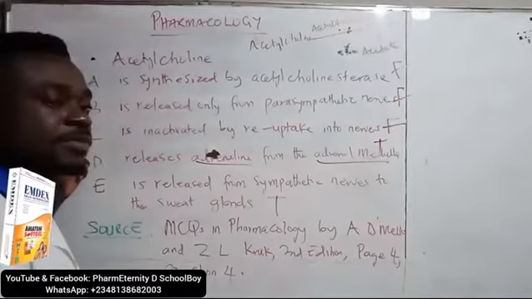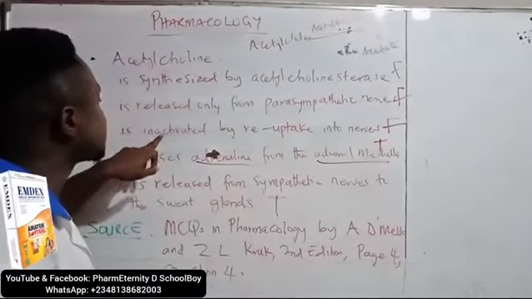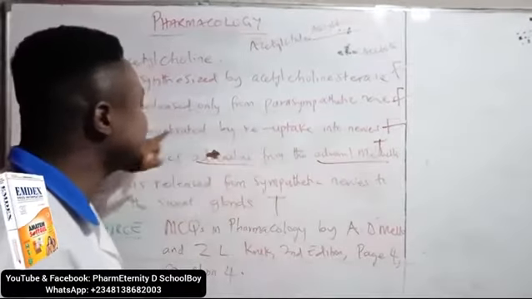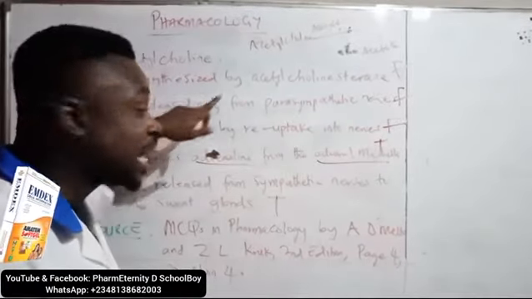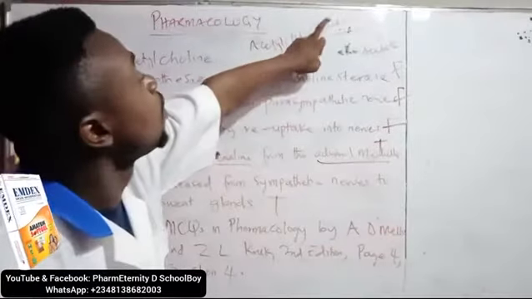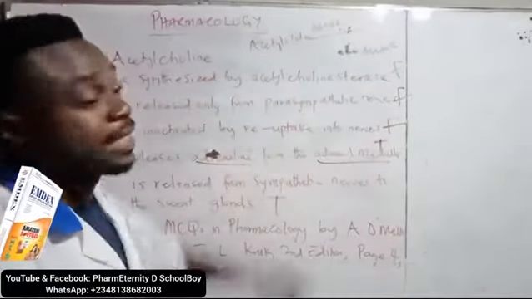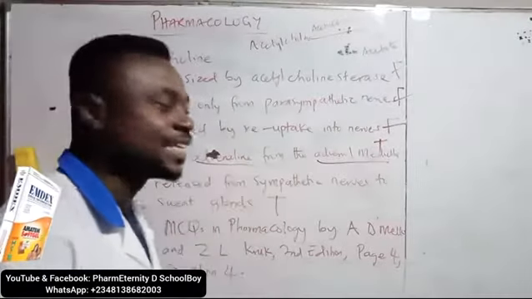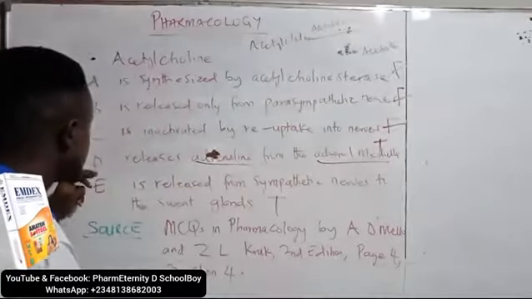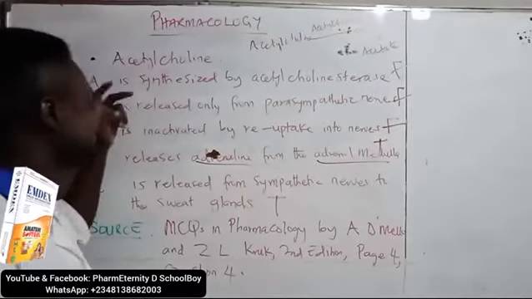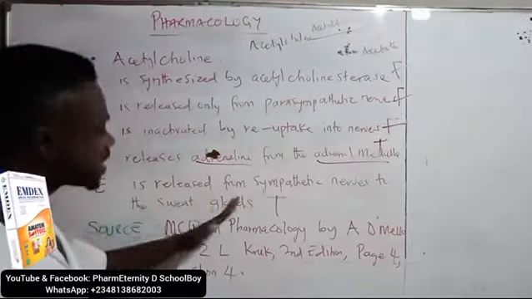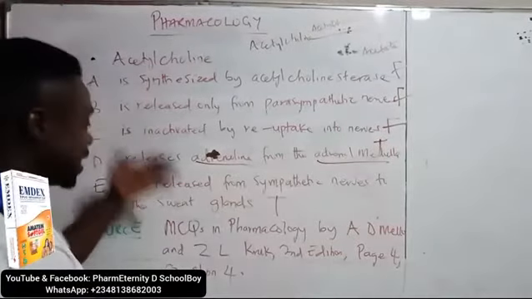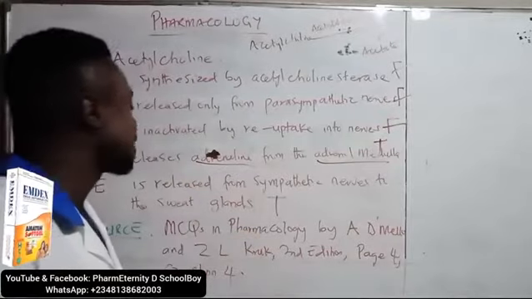Then C. It is inactivated not by reuptake into the nerve. It is inactivated by enzyme action, by the enzyme acetylcholinesterase. So it is inactivated enzymatically, not by reuptake. D. Acetylcholine releases adrenaline from the adrenal medulla. E. Acetylcholine is released from sympathetic nerves to the sweat gland,